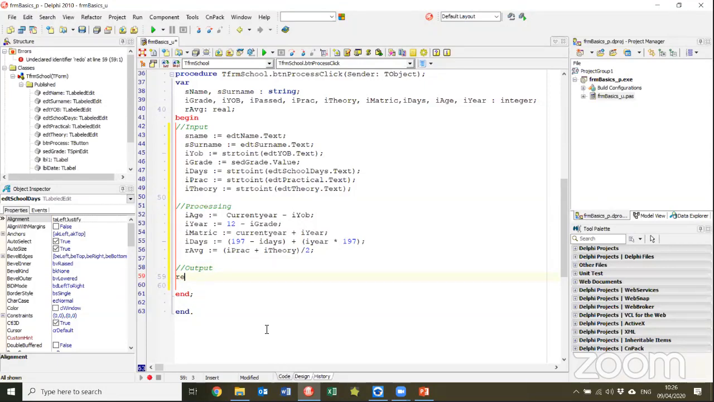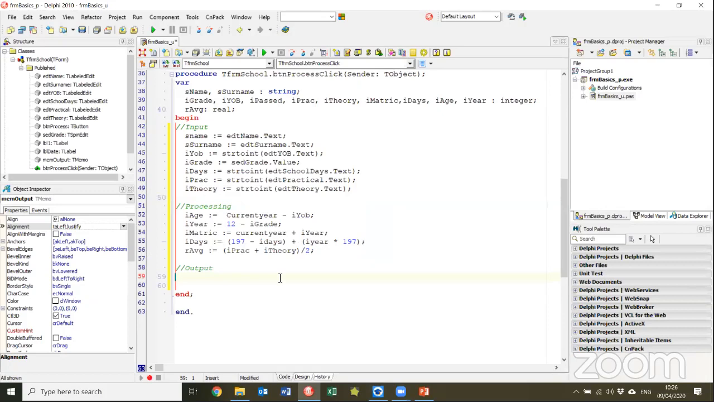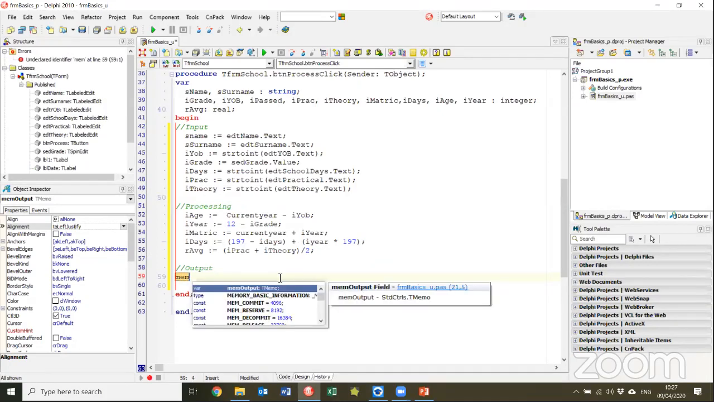Okay, it's not called read output. I'm now wide awake, aren't I? And I'm going into the wrong thing. It is called mem output. Okay, so mem output